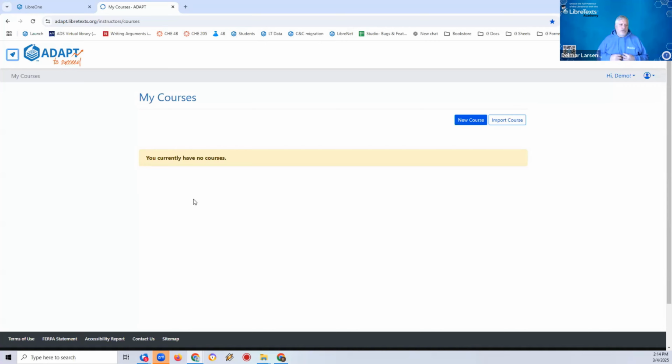In other words, capitalizing on the sharing is caring model. And instead of having lots of little mini repositories, bring it together so it's actually useful out there. That's as a question bank. And any faculty member who has a Libre One account has access to the question bank in Adapt.